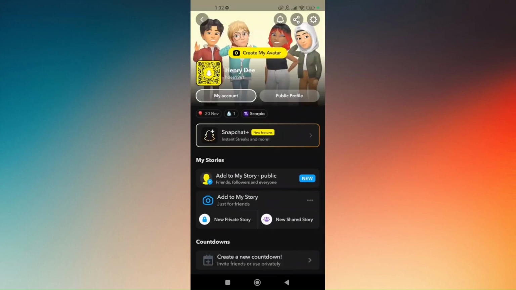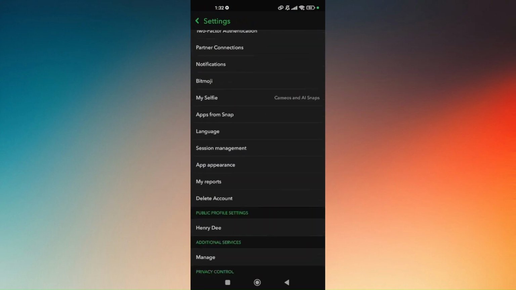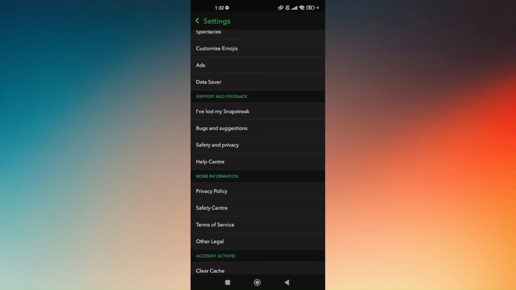What you want to do from here is head over to this gear icon, which is going to be the settings, and then scroll down till you find the Help Center. This is usually located below Support and Feedback. So tap on Help Center,